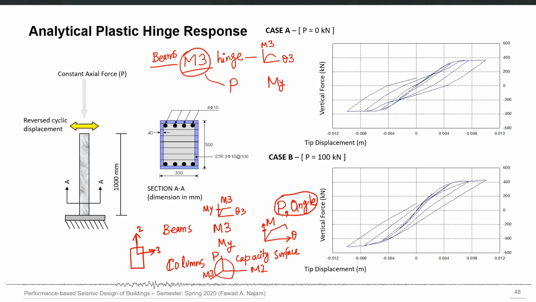So the summary is, I will explain that more again. The summary is that there are two primary differences as far as columns are concerned compared to beams. Number one, capacity is not just one yield point. It is defined by the complete interaction between P, M2 and M3. Second is that the action deformation curve, M theta, for columns is not a constant curve which we will just give and then use.